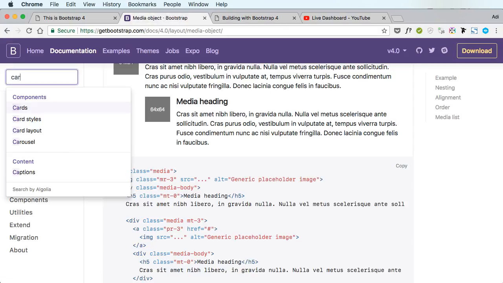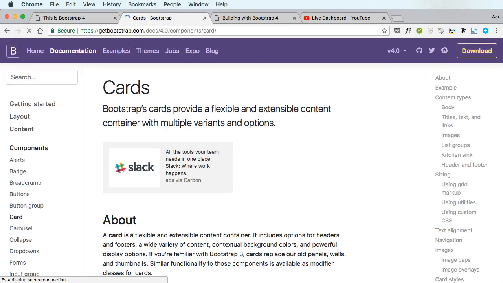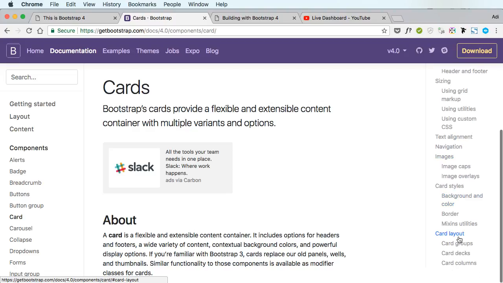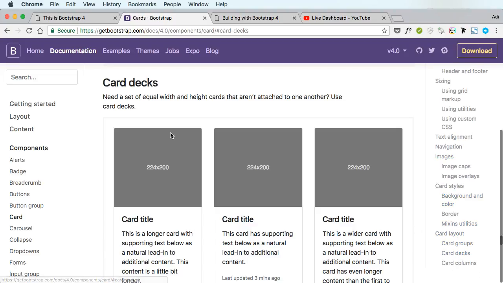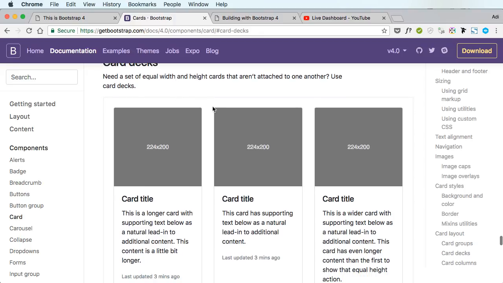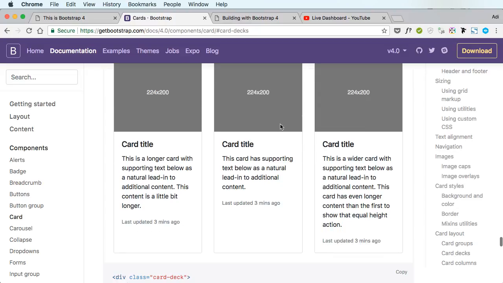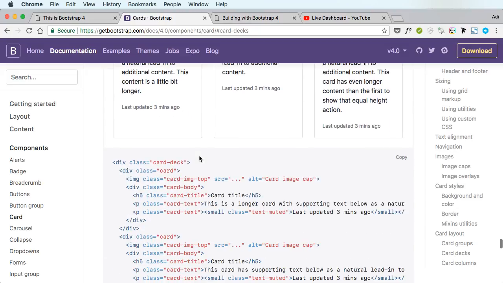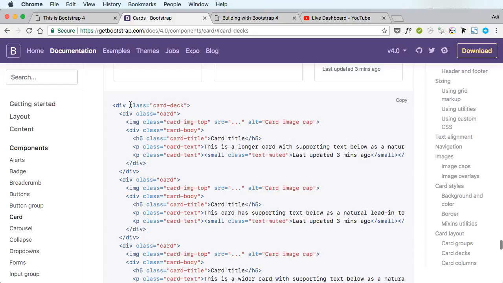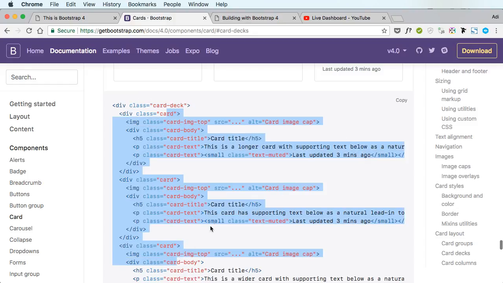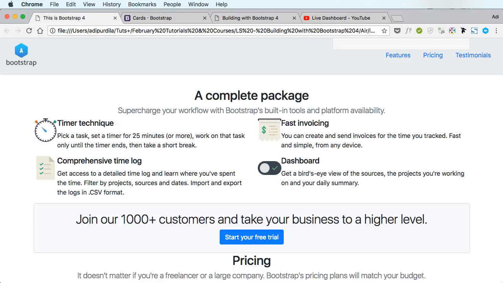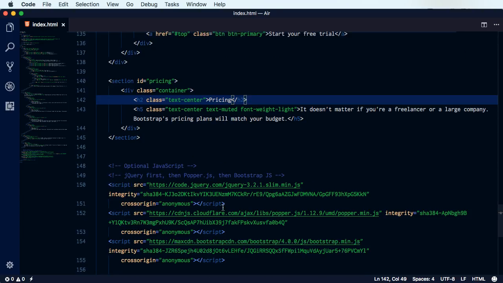Now, Bootstrap has something very interesting on cards called card deck. Let's see. There we go. Card decks. Now, card decks basically creates a set of equal width and height cards. And they look something like this. It's really simple to use. Just add a parent with the class of card-deck, and then your cards as normal. So